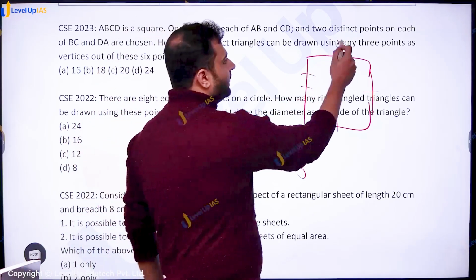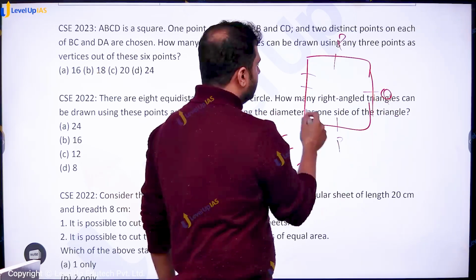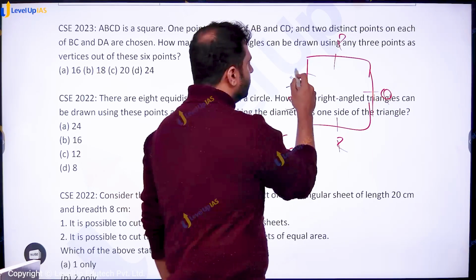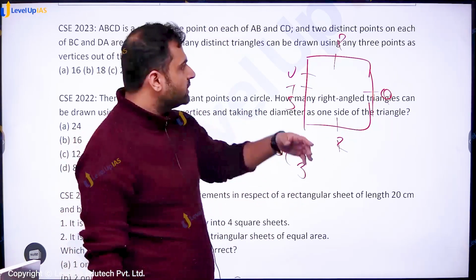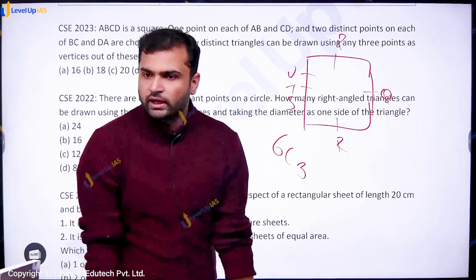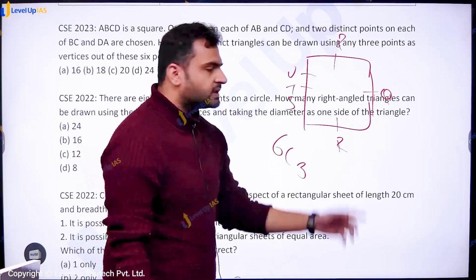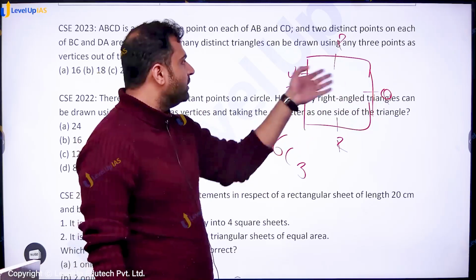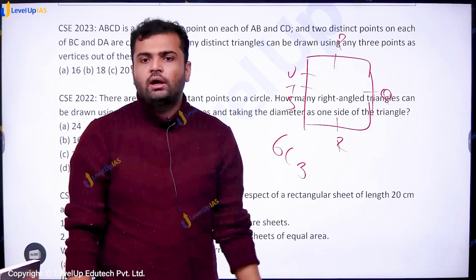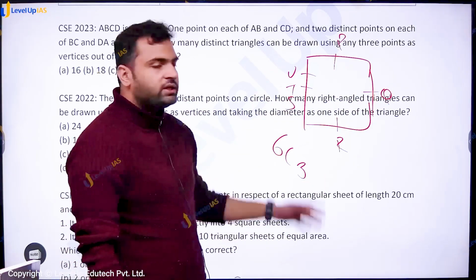Okay, so if I again name them, let us say PQR, STU. Maybe one choice is PQR, I got a triangle. Another choice is PQS, again a triangle, and then PQT, PQU, etc. And one of the choices would be STU,